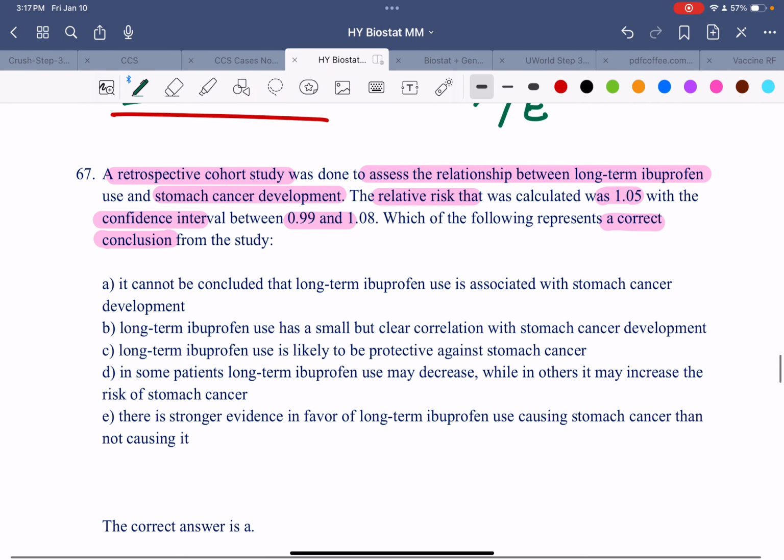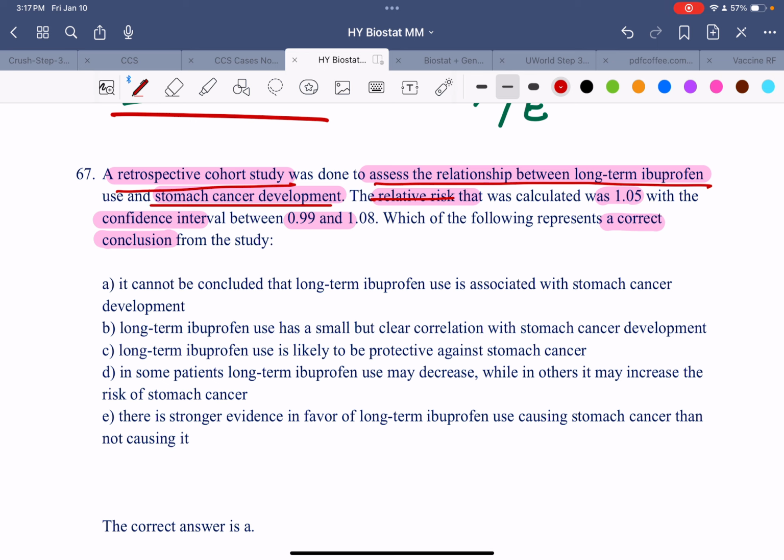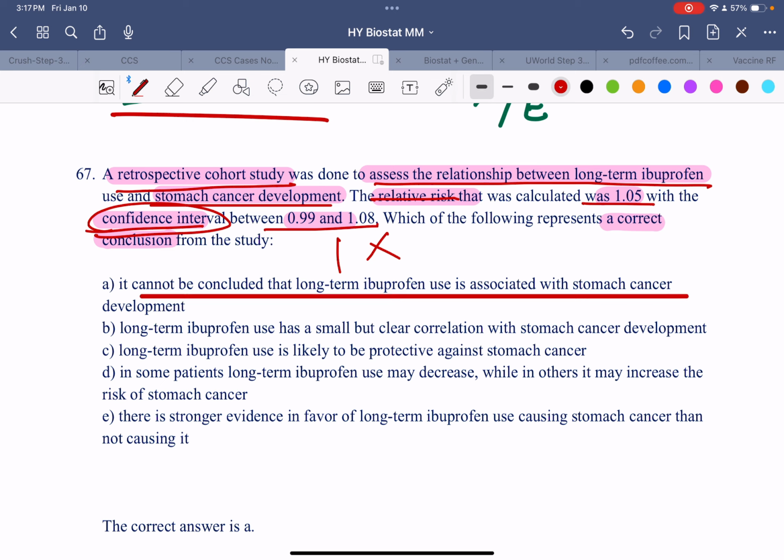We have a retrospective cohort, and in this we have to assess the relationship between long-term ibuprofen use and stomach cancer development. The relative risk was calculated as 1.05 and the confidence interval 0.99 to 1.08. Whenever you hear the word confidence interval, find out immediately whether it has the value of 1 or not. If it has the value of 1, no significant association exists, and it means that there is no correlation, right? So the correct answer over here is that it cannot be concluded that long-term ibuprofen is associated with stomach cancer